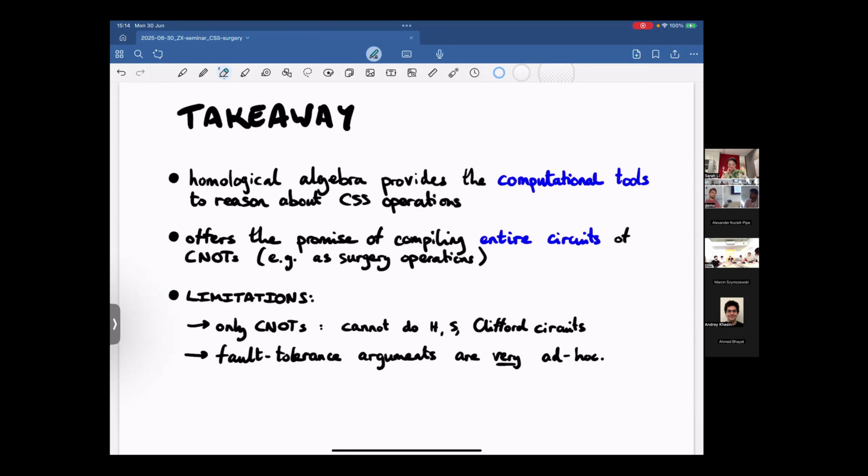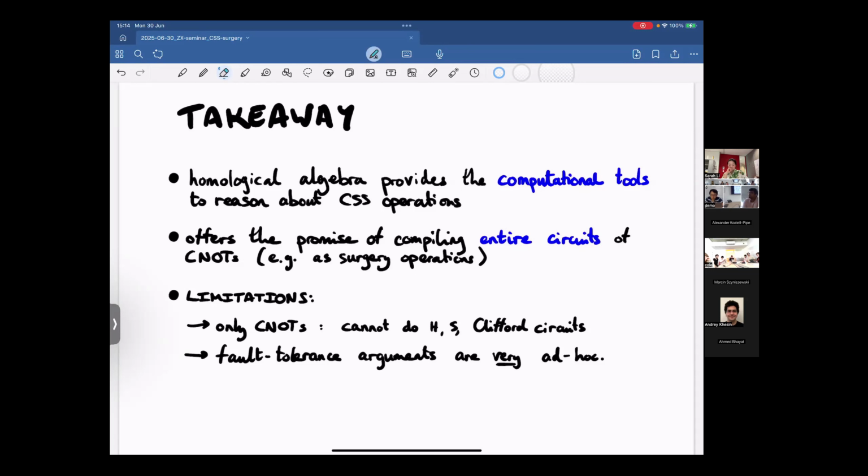The fact that we work with CNOTs here comes down to the fact that CNOTs are basically all we're able to do with CSS operations. But there's no reason why you shouldn't also be able to do H things in similar ways. Even if at the end of the day you're doing something local to one qubit, if you have one qubit encoded as part of many qubits in one big physical code, you still need to be able to address that individual qubit, and sometimes that's not trivial, even if at the logical level the H is acting only on that one qubit. And then I think the second answer, which is probably closer to my heart,